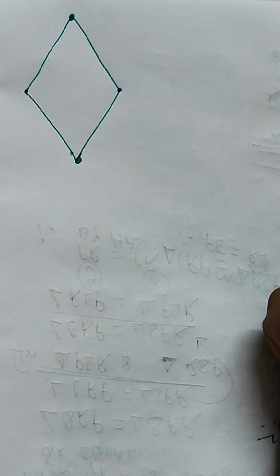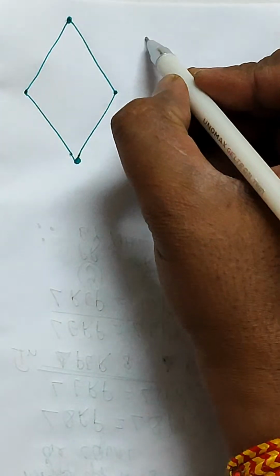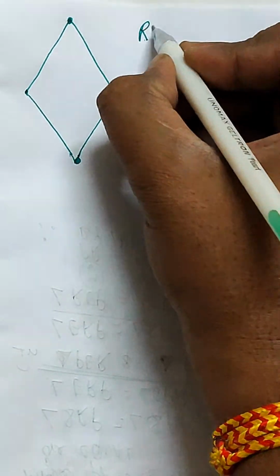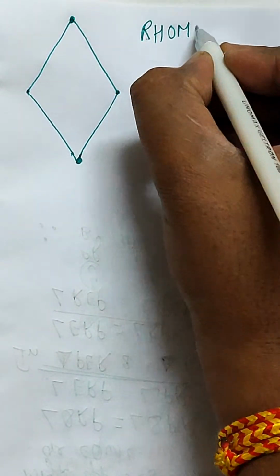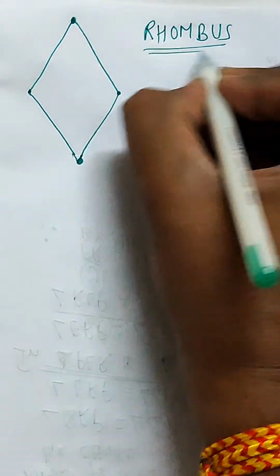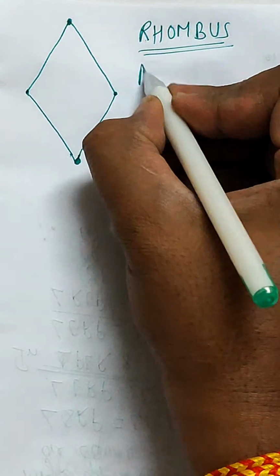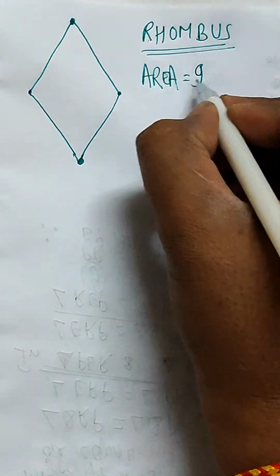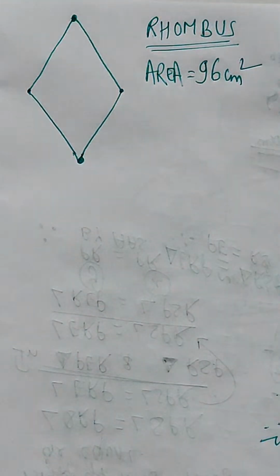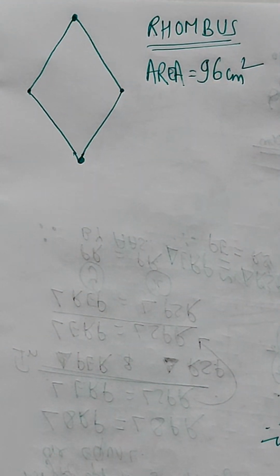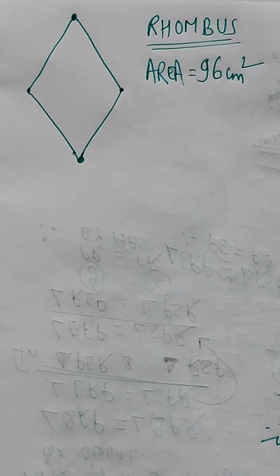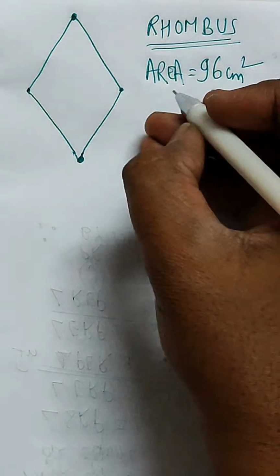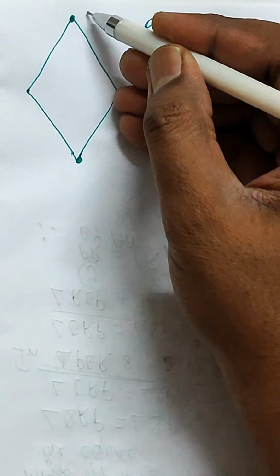Okay, so let's say this is the rhombus, right? And the area of this rhombus is given as 96 centimeter square. This is the data given to you in the question, right? Now, another piece of data given in this question is that one of its diagonals is 16 centimeter, right? So let's say if